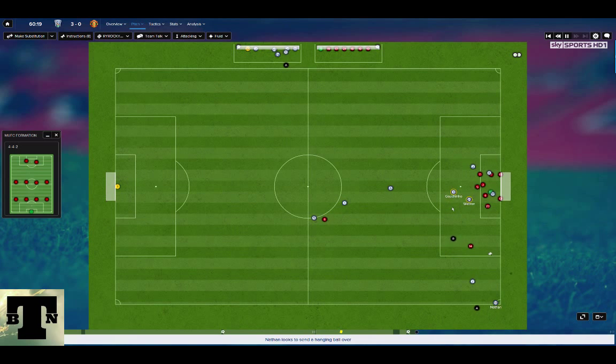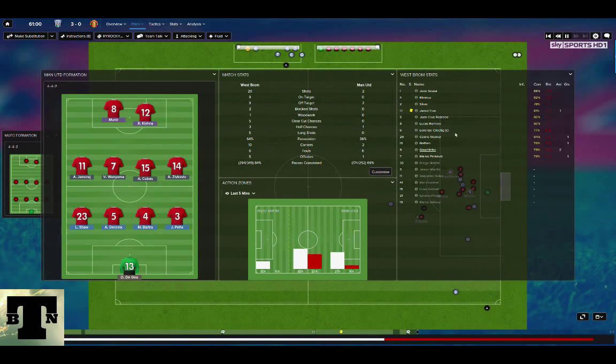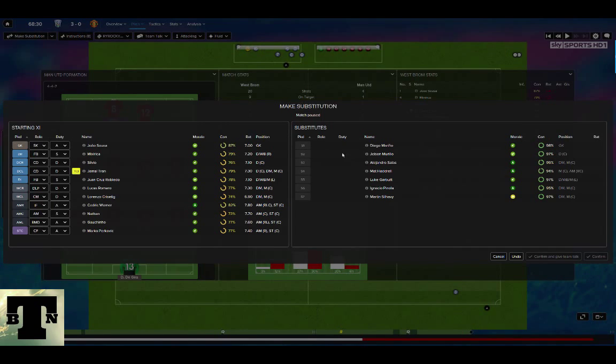Nathan with the corner. Can he find somebody? The corners or set pieces are doing really well in this game. United have only had 2 shots on goal. The pressure that the Baggies are putting on them is unrelenting, and we are going to keep that pressure up by making sure that the midfield continues to do the job that I expect them to do.